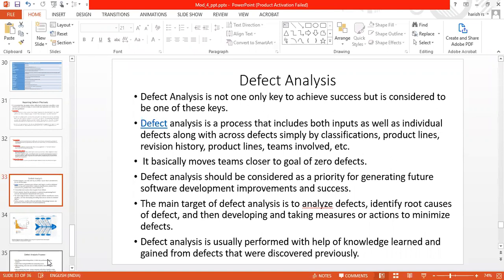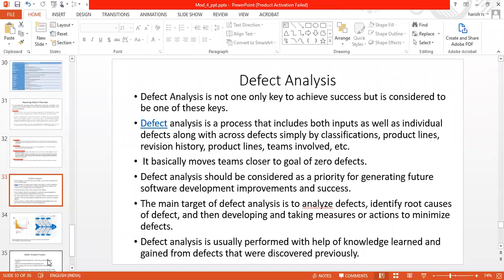Is it working for all kinds of inputs? How many times was replicating done? How many times has reproducing of the defect happened? The history of it, the team involved in it, everything put together is called defect analysis.